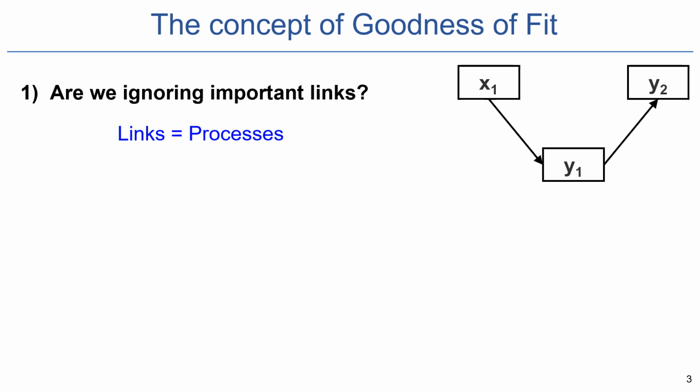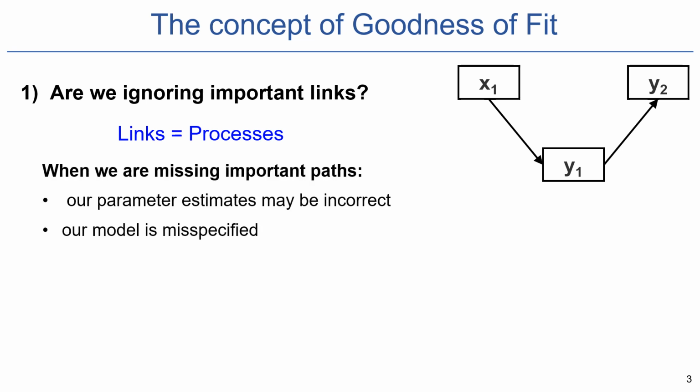The first question is whether we are ignoring any important links in the model. If we ignore such links, this would mean that we ignore important processes in our study system. Also, if we are missing important links, then our parameter estimates may not be correct,